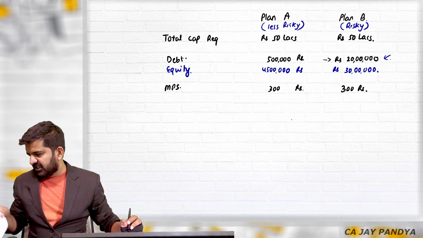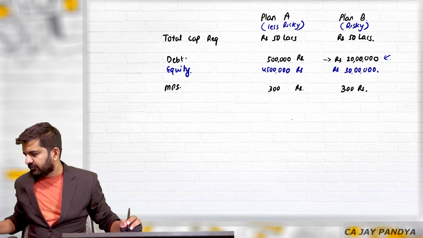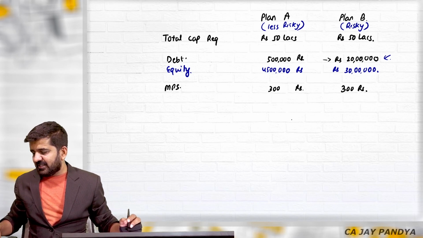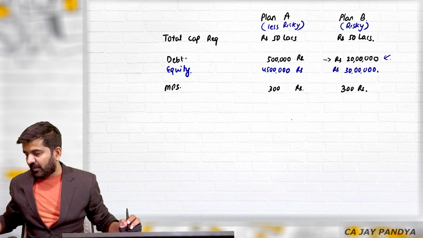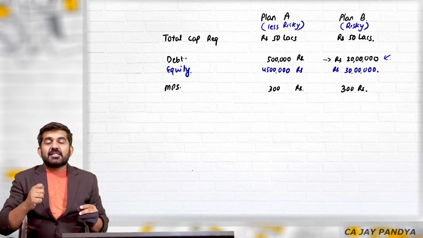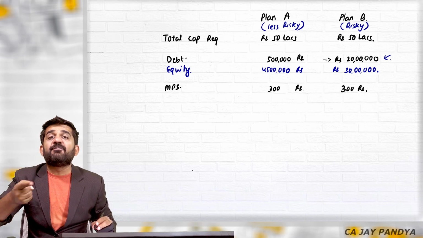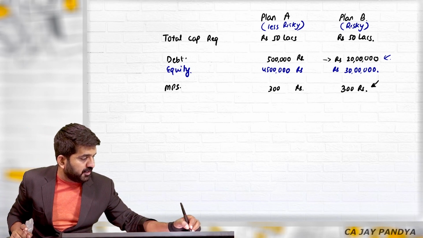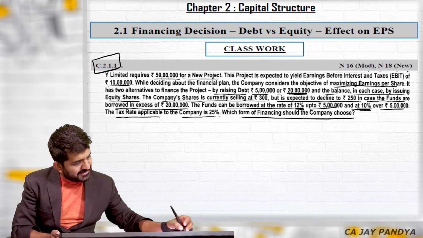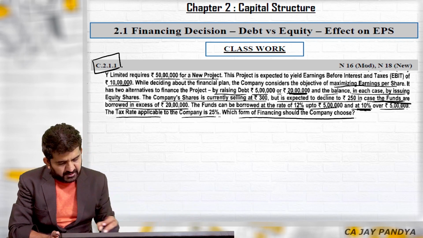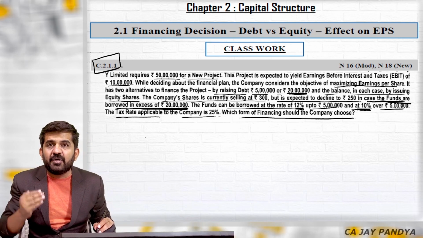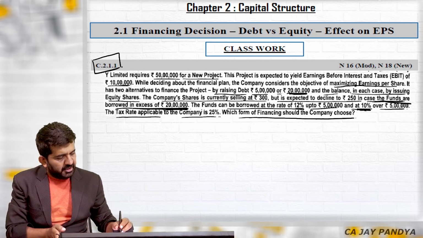So what should we consider over here? 300 rupees. Let me even see the suggested solution whether they have done the same thing or not. Because the question clearly says if it is in excess of 20 lakhs rupees. Yes, they have also taken 300. Sir, if they had written in excess of 15 lakhs rupees, I would be taking 250 over here and not 300. In this case, it is clearly written funds borrowed in excess of 20 lakhs. These funds are always debt. If you increase the debt proportion, then only your equity price will decrease.